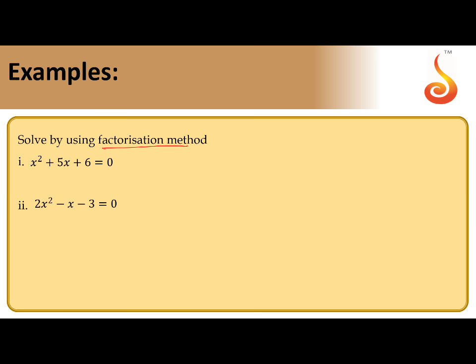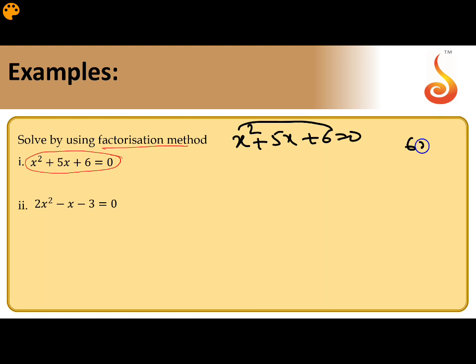First one, factorization method. So let us take the first equation, x square plus 5x plus 6 equal to 0. So when you are taking roots, first multiply these two. This is 6x square. So now 6x square factors are 2x into 3x. So 2 into 3, 6, x into x square. Now we can add or subtract to get the middle term. So here 5x means you must add both. So 2x plus 3x, that gives 5x.